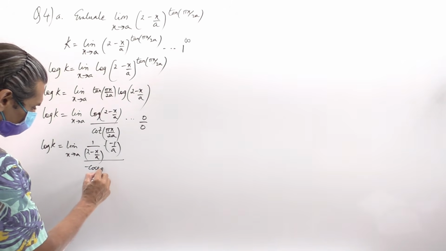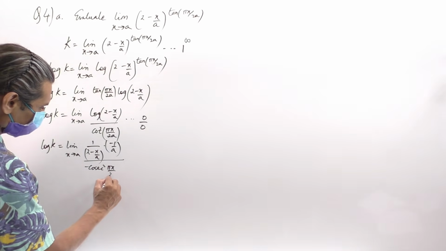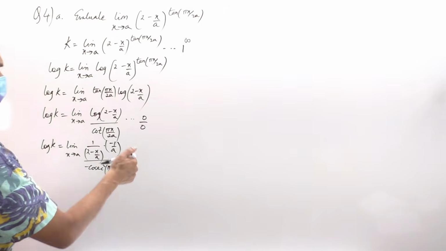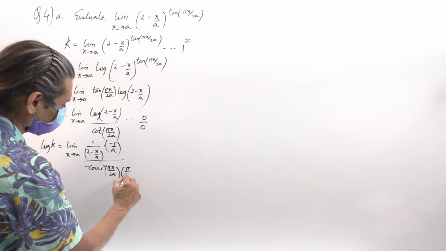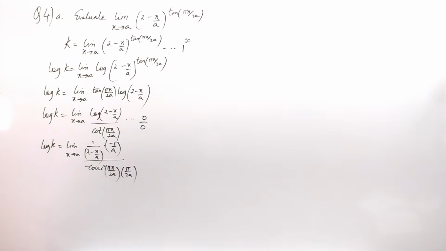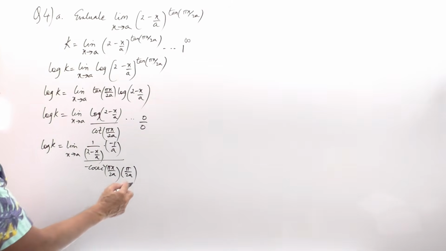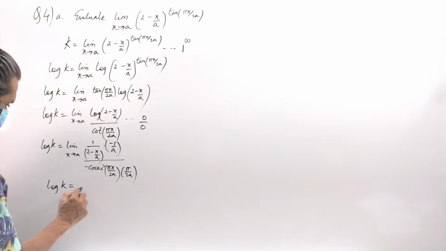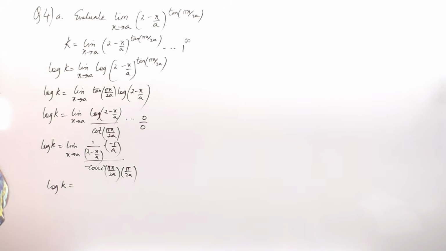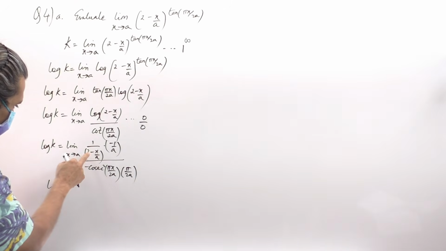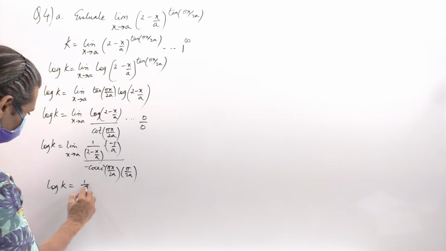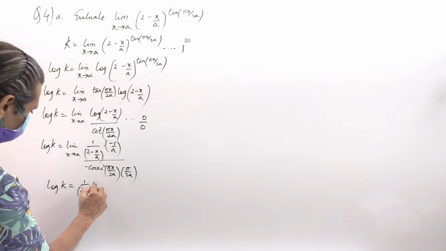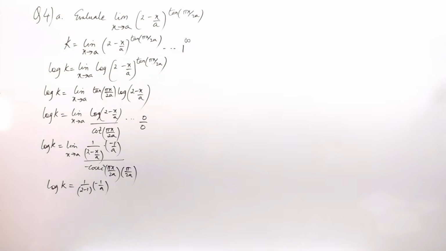So minus cosecant square pi x by 2a, right, differential of cot is minus cosecant square, again differential of pi x by 2a is into pi by 2a, differential of x is 1. Okay, this is what we get here. Now again if you put the limits here, that implies we get log of k equals to, I think we can put the limits here. See, this will be 1 upon 2 minus 1, right, into minus 1 by a, right, and